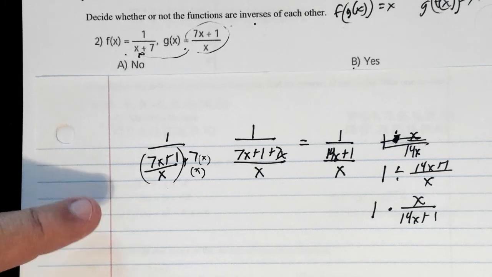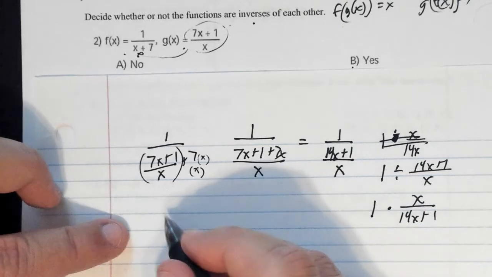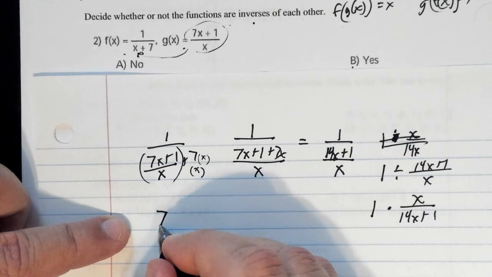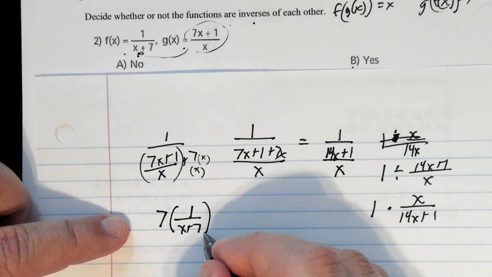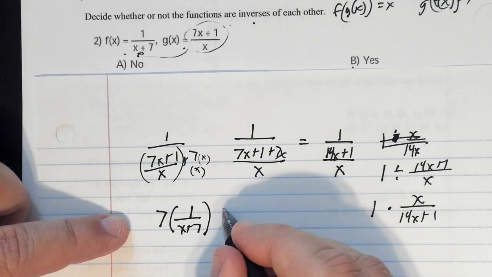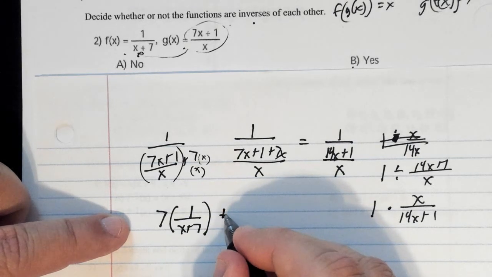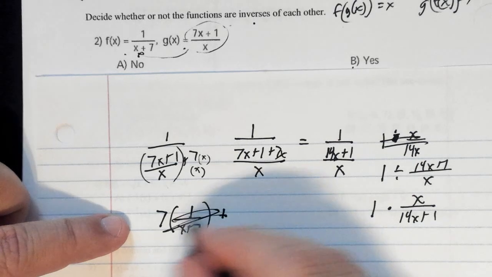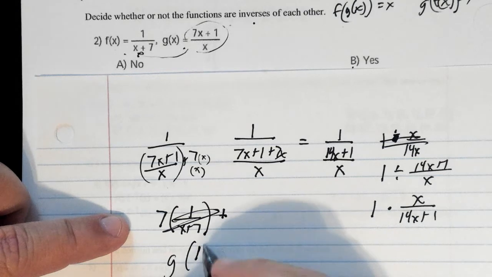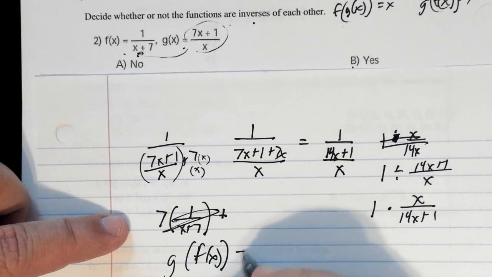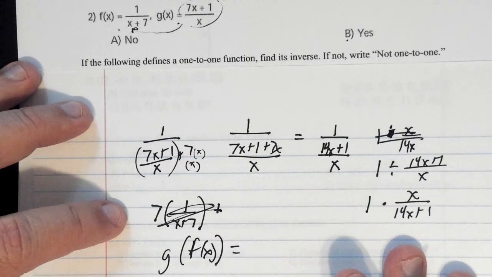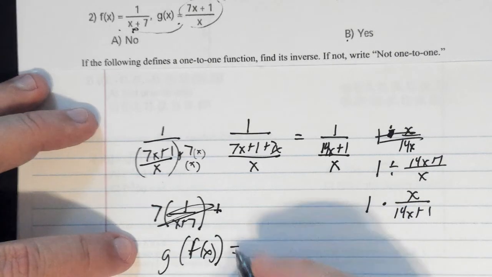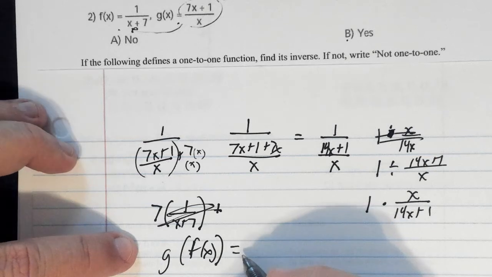Did anybody do this one already? Because I'm going to do this the other way. I was confused on that one. Alright, I'm going to do it the other direction. I'm thinking g of f of x might be their answer, might be wrong. G of f of x would be the g function